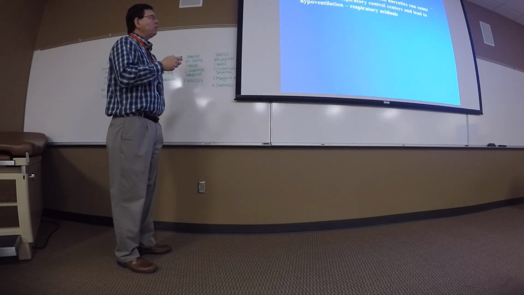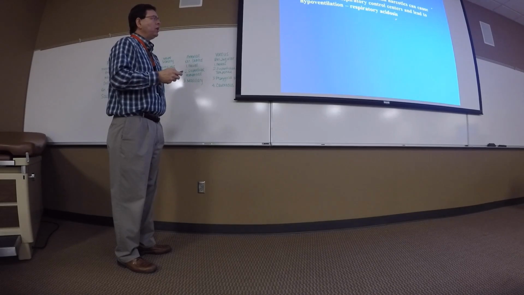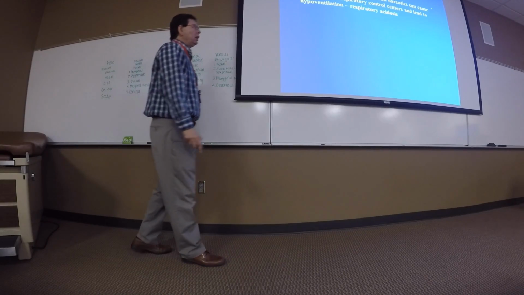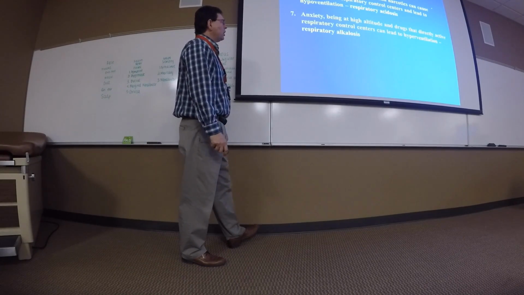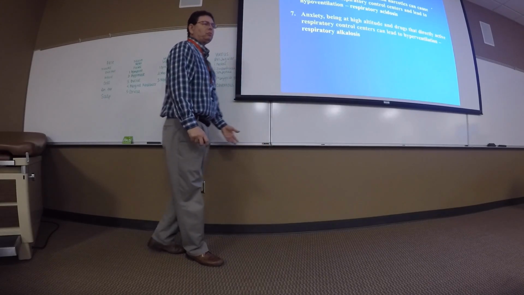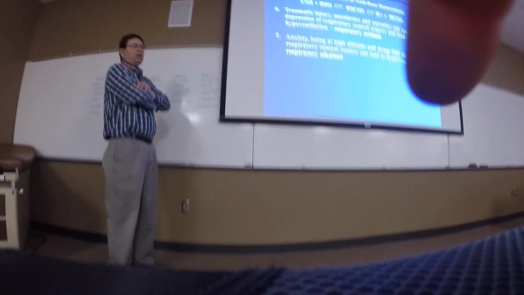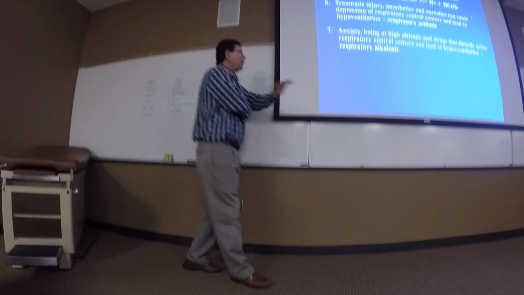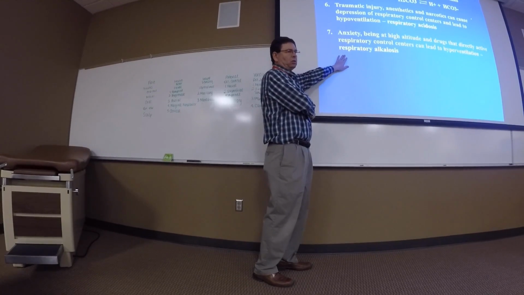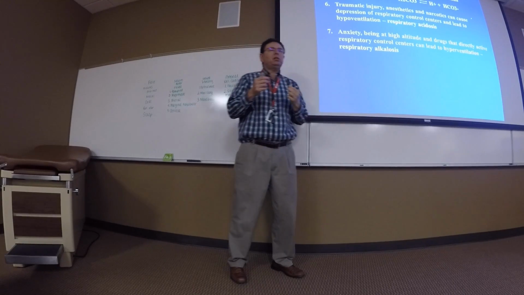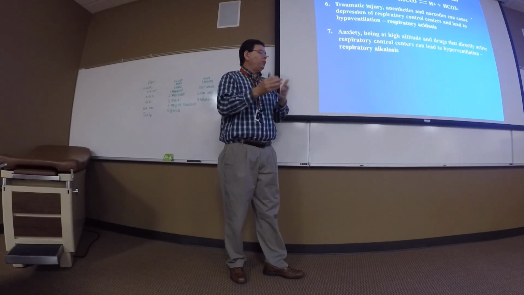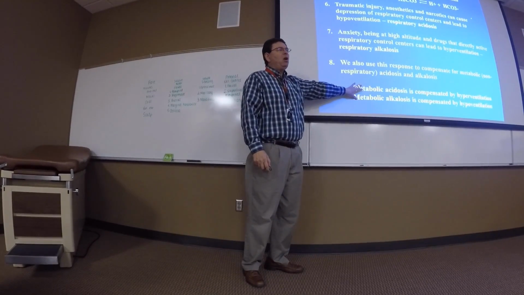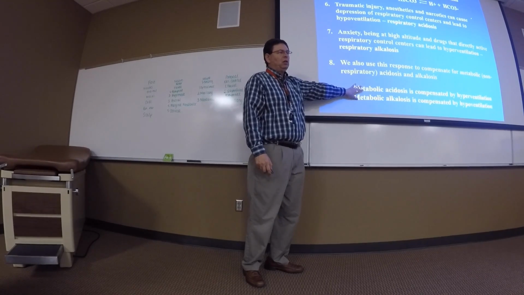So anytime your respiratory system is the primary cause of a pH imbalance, then it's a respiratory problem. So you can have some type of suppression of your respiratory centers leading to respiratory acidosis. If you chronically hypoventilate, that will generate respiratory acidosis. But if for some reason you are hyperventilating, if you are breathing faster than the metabolic needs of your body, that can generate a respiratory alkalosis. So the respiratory system can be a primary driver of pH problems in these cases, but the respiratory system can also help you compensate for pH.